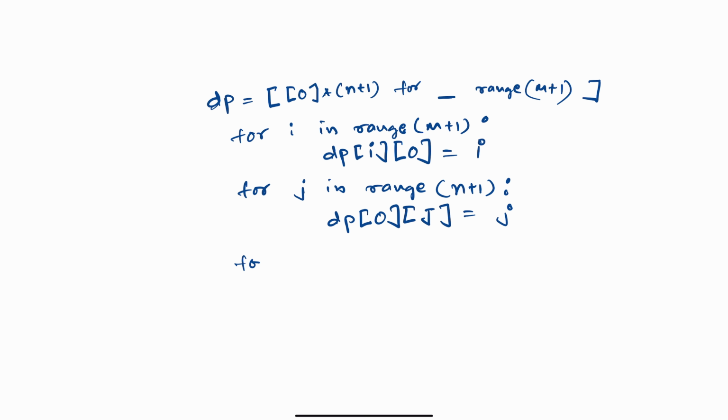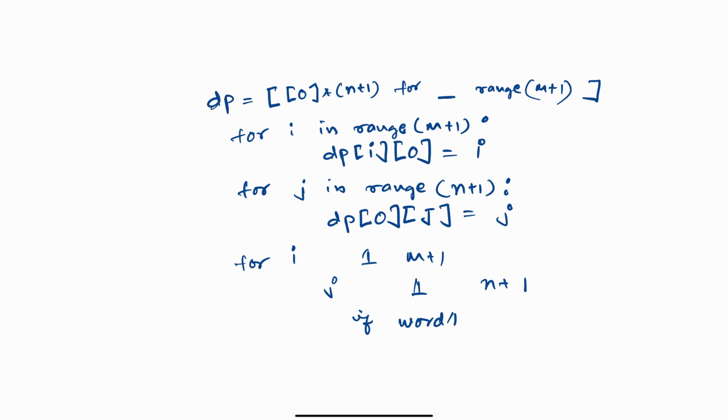Now I need two for loops. For i, I will start with 1 to m plus 1, since the 0 values we know, and j with 1 to n plus 1. What we can do is only two operations. What are those two operations? If it is matching or if it is not matching. So if it is matching, let's consider